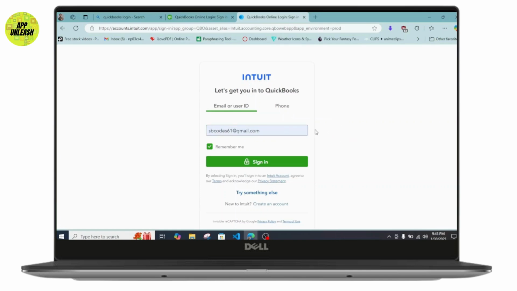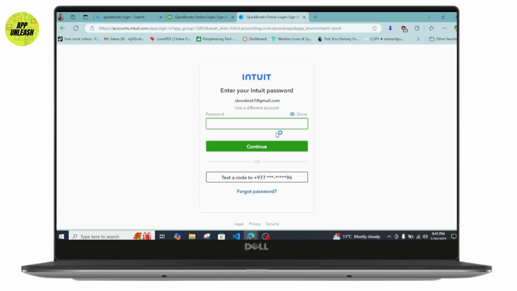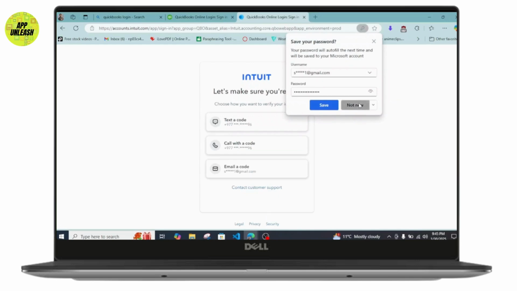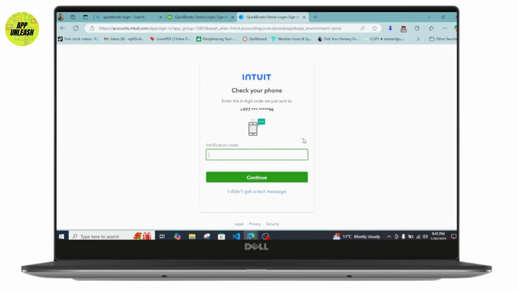So once you enter your Gmail or phone number just like this, simply click on sign in button over here and just make sure you have entered your password from over here and click on continue. And just like this you can also save your information over here, and to confirm your identity you can simply tell it to text a code on your number just like this